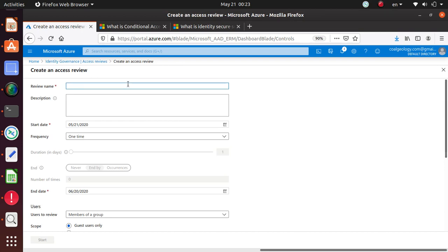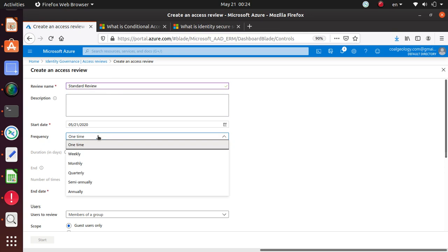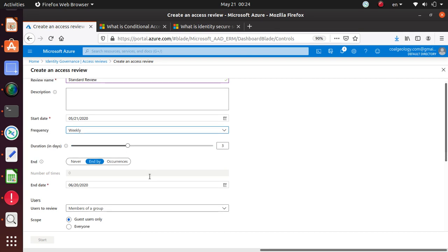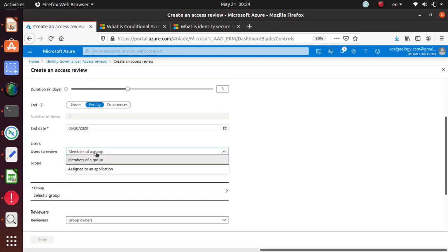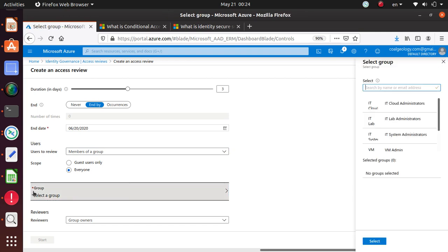So let's do something, say standard review. That's what I'm going to call it. And then start date 21st, fine, frequency weekly is good, and let's find members of a group. You can do it members of a group, or you can do it for everyone. If it's guest users only, I'll say everyone, and then select a group. And then from here, let's try the VM admin,